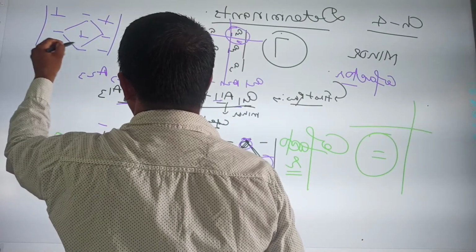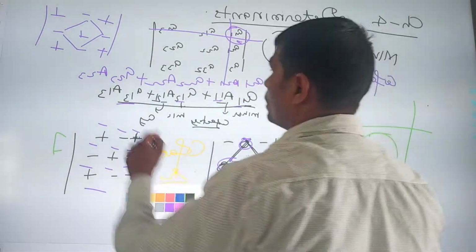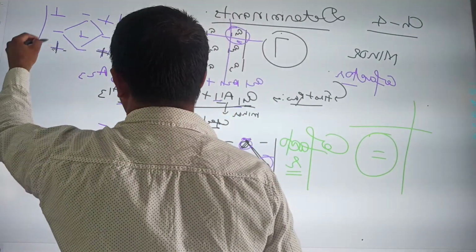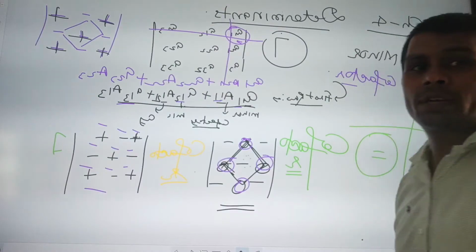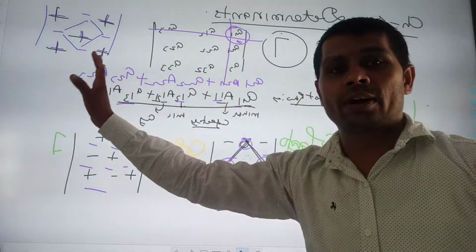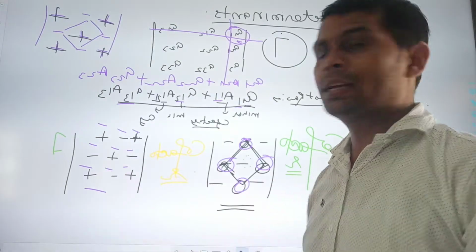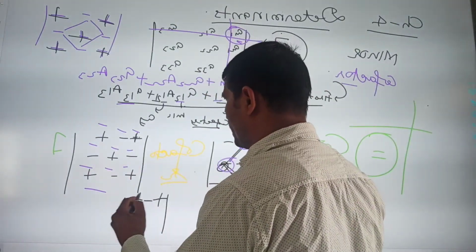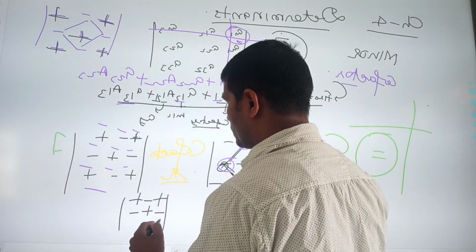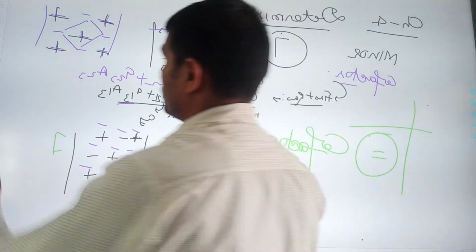Is it okay? The rest will be positive sign. This will be positive, this will be positive, and this will be positive. So this will be the cofactor, and now the cofactor is completed. Otherwise one more method is plus minus. This is the sequence: plus minus plus minus plus minus plus minus plus. Next slide is this one.